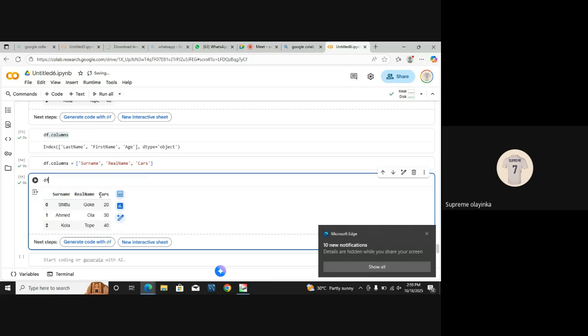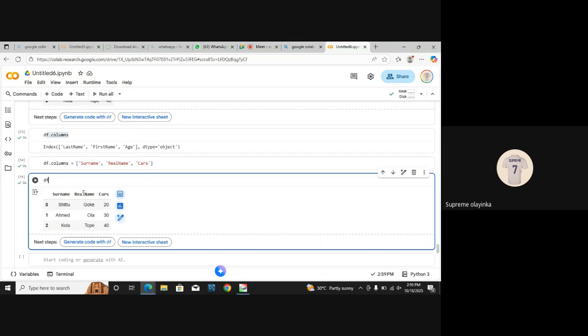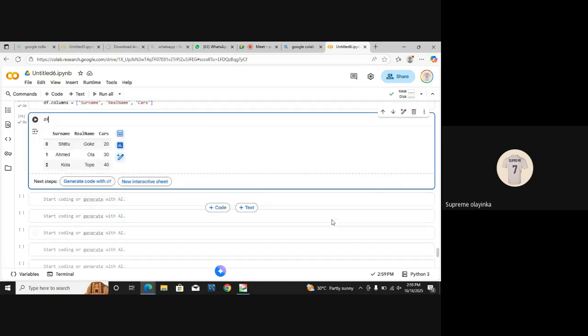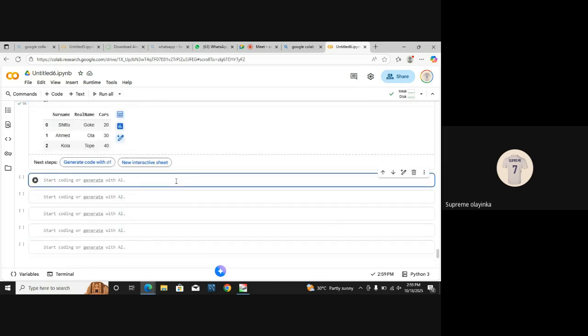So you only use this particular approach when you want to change the whole column header. But in case you don't want to change the whole column header, how do you write the code? So you want to write something like